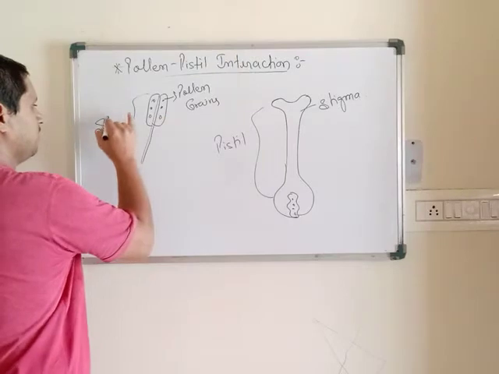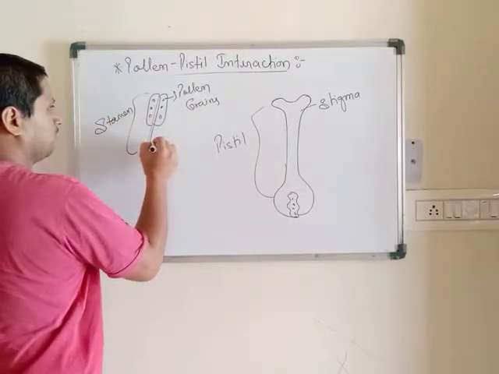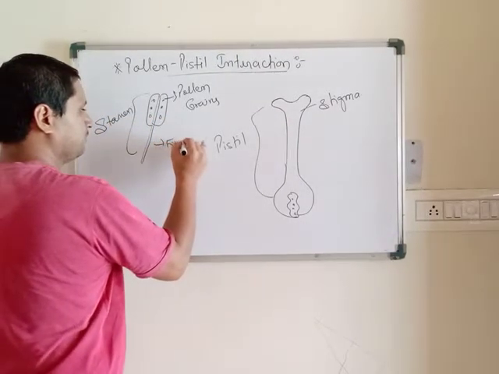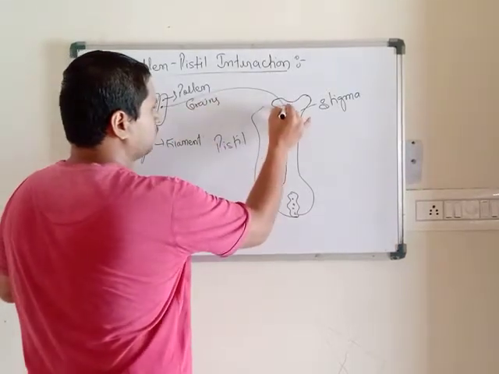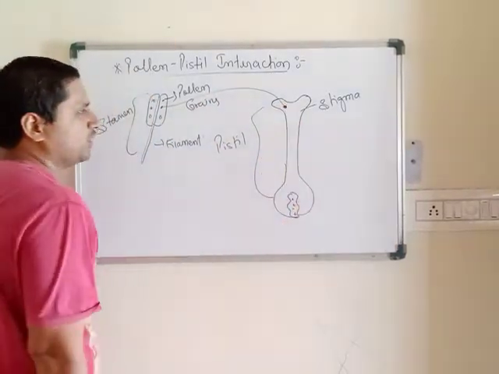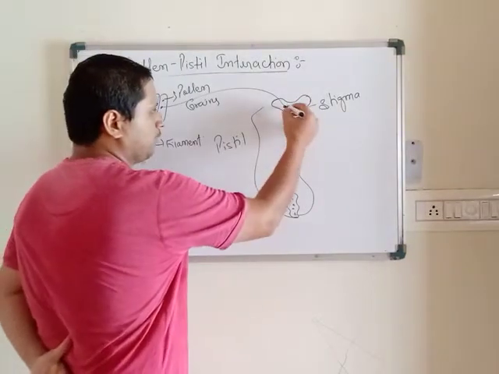This is the stamen, filament. So when the pollen grains transfer to the stigma through self or cross pollination, these pollen grains